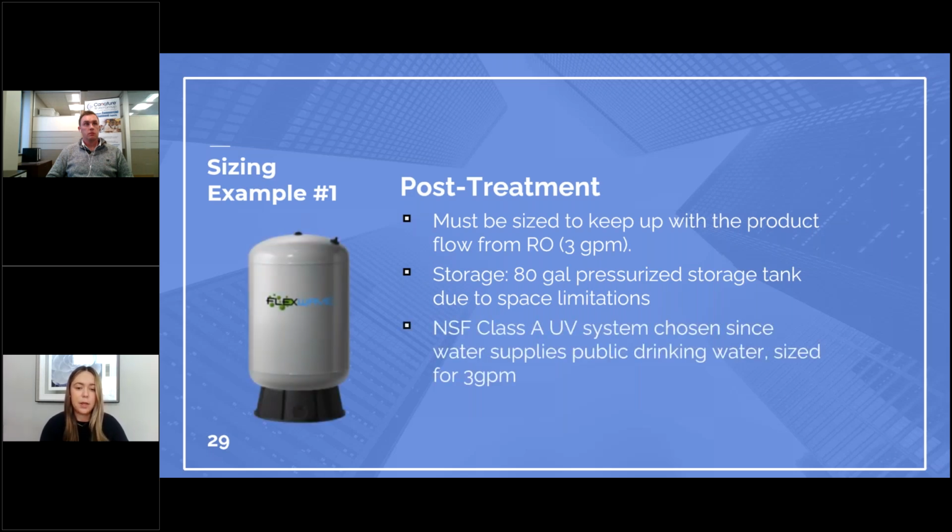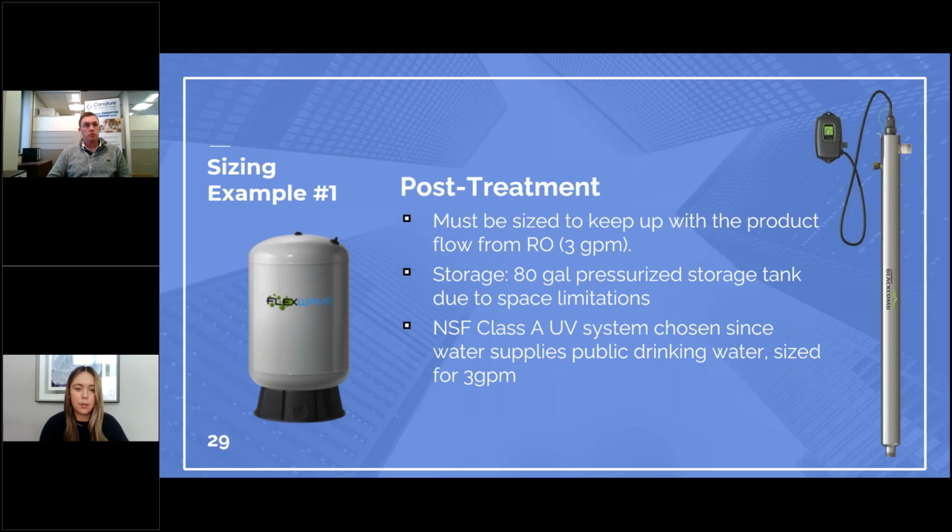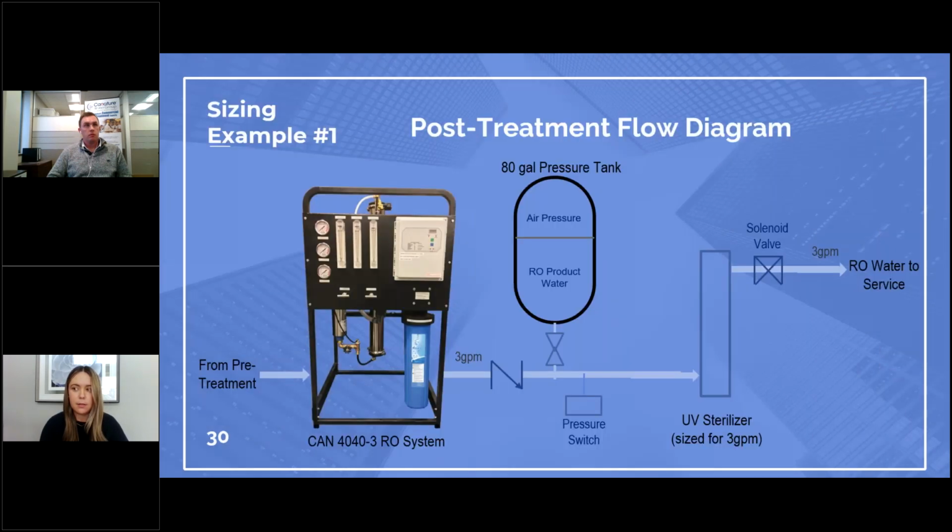And since this is supplying drinking water for the public, we're going to go with the UV system as well. So that's going to be sized for the 3 gallon a minute feed product flow from the RO system. And then we got another flow diagram here. If I can get to the next slide. Here we go. So this is the post-treatment after the RO system. We got a 3 gallon a minute rate coming out. That's going to go right into our 80 gallon pressure tank and then through our UV sterilizer before it goes